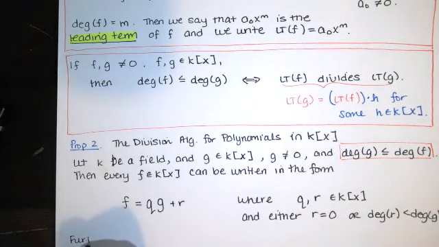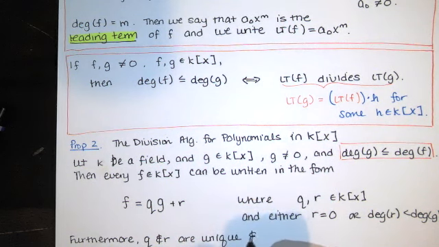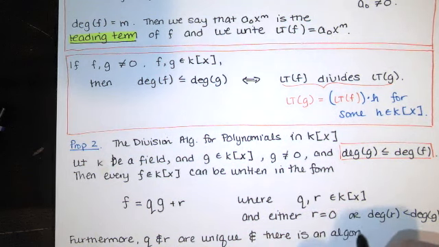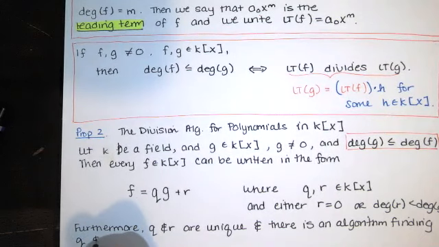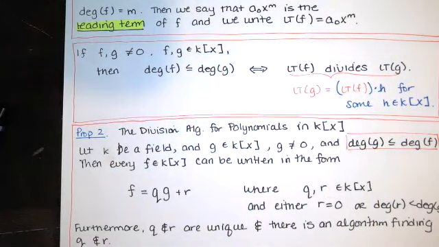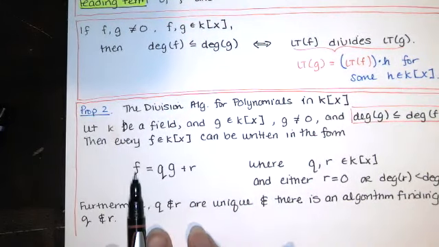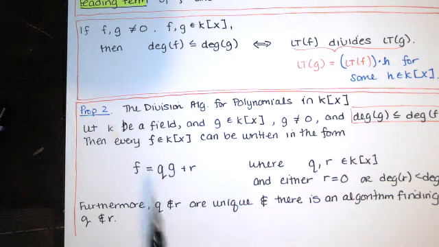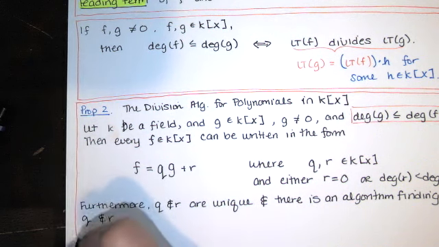And then the proposition in the book says, furthermore, q and r are unique, and there is an algorithm for finding q and r. And we call that algorithm the division algorithm. This basically says we can take any polynomial, and if we have a polynomial of lower degree, that polynomial can be written as q times that polynomial of lower degree plus some other polynomial. These choice of letters,